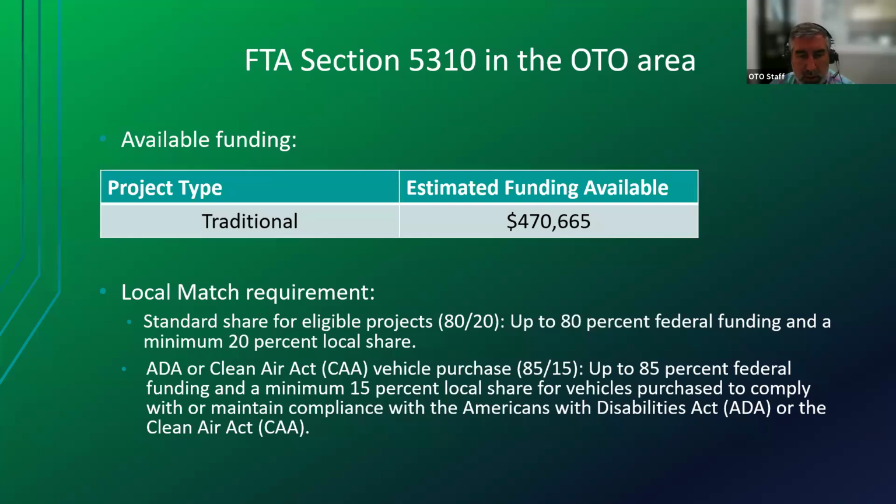I do want to quickly mention that in the guidebook, it has some language on what local match can be. So it has to be non-FTA related funding. There's some very small chance that you can use other federal funding on it, but normally it means either funding that comes directly from your organization, something maybe you get from the state, or local donations or things like that, or some revenue you generate yourself. As I said, there are some ways with some federal funding, but I would highly recommend you reach out or check with that other source that you're allowed to use it as local match.